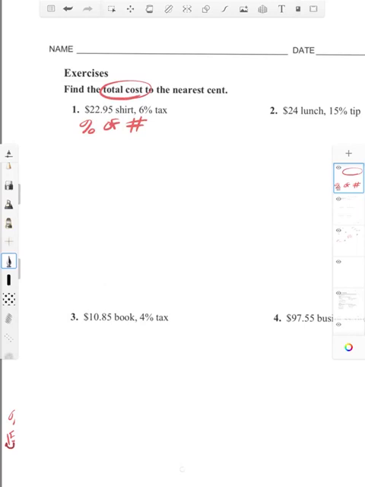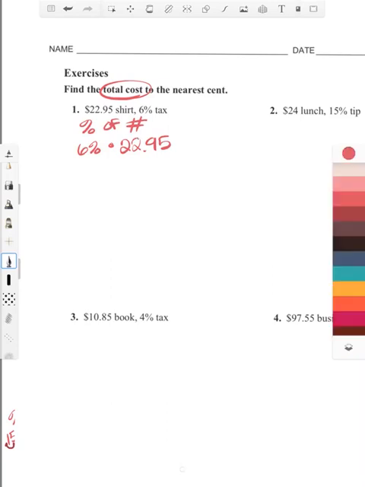So I know the percent we're talking about is 6%. The word of tells us to multiply. And we are referring to $22.95 here. All right. So I'm going to do the Dr. Pepper rule. DP. They gave me a percent, and I want to turn that percent into a decimal, so I'm going to have to move 2 spaces over. So at 6%, I'm going to move 2 spaces over. I've got a gap here, so I have to fill it with a 0. So now we have 6 hundredths